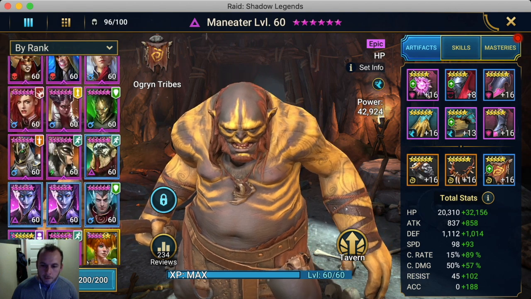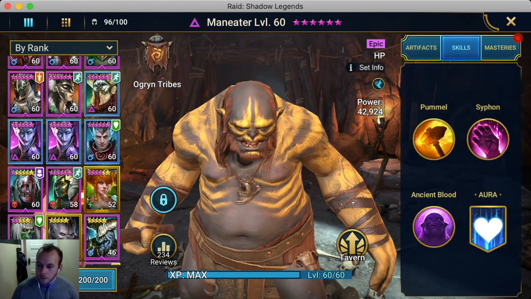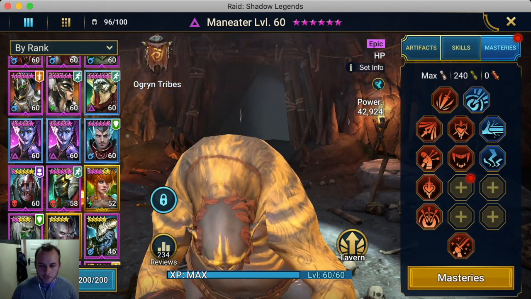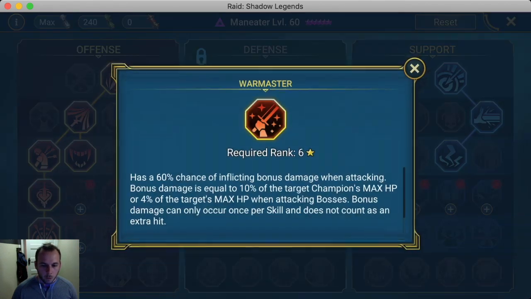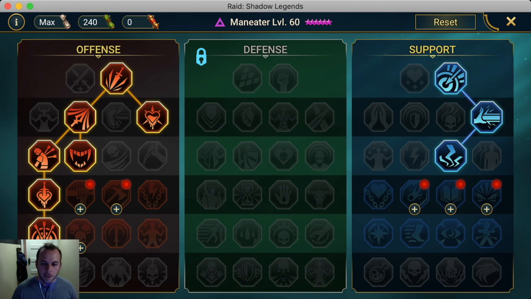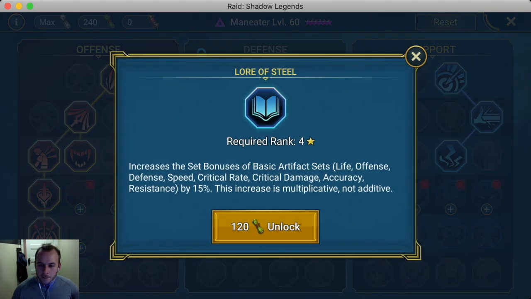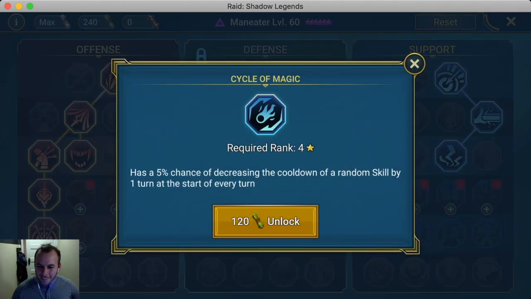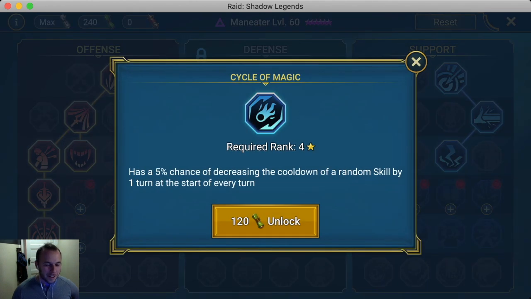So the second, and before going, I do have all the skills on this one, and then I built out to War Master. I just built down the left side of the offense tree. I've been hesitant to pick up anything else here on the support side. None of these masteries will really give me anything else, and I'm nervous that it will throw off my speed tuning. And while this Cycle Magic talent might be good for other things I'll use Maneater on,